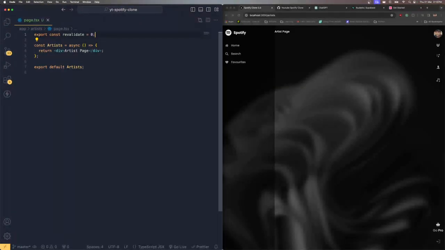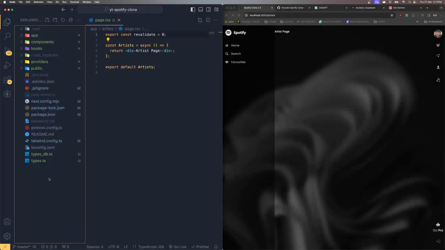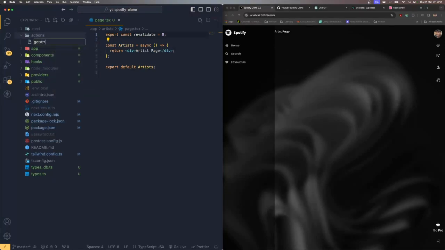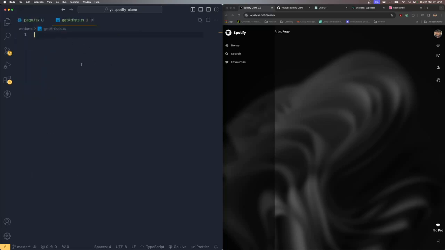All right. Now what I need to do is create a new folder in our root directory called actions. Inside this actions folder, I'm going to create a new file called getartists.ts. Now over here, I'm going to fetch the artist information from Supabase. So I'm going to create a function called const getArtist